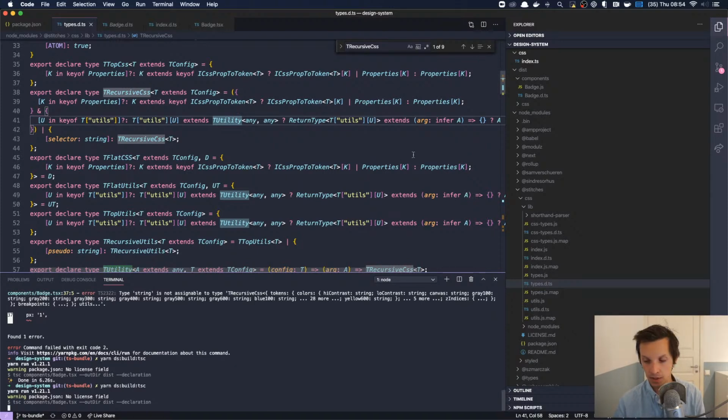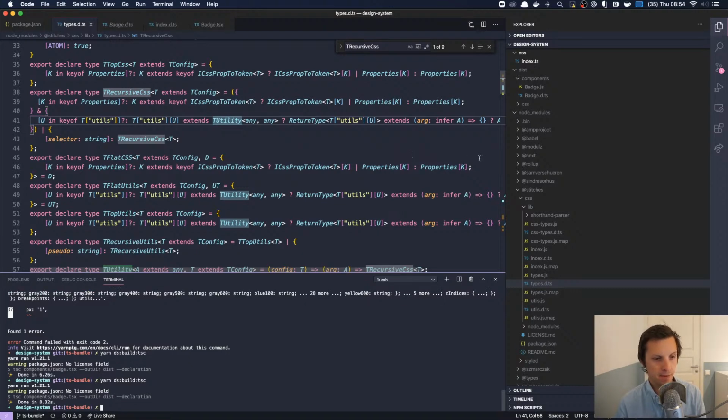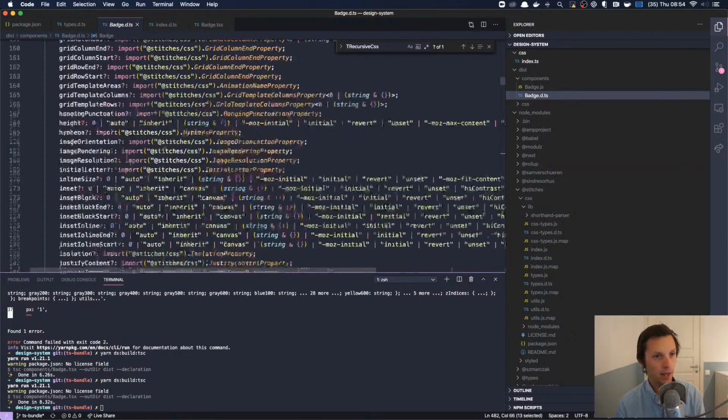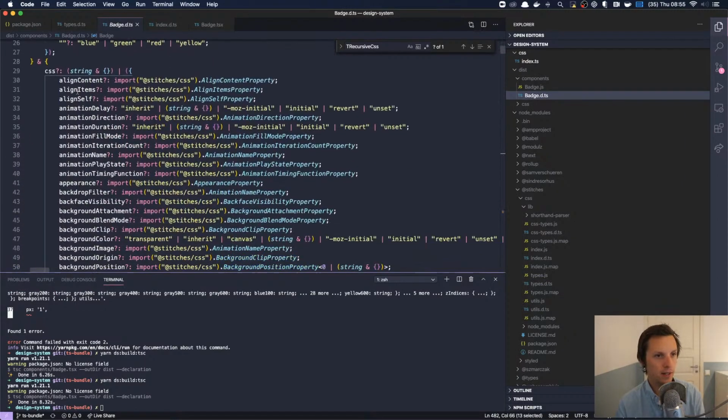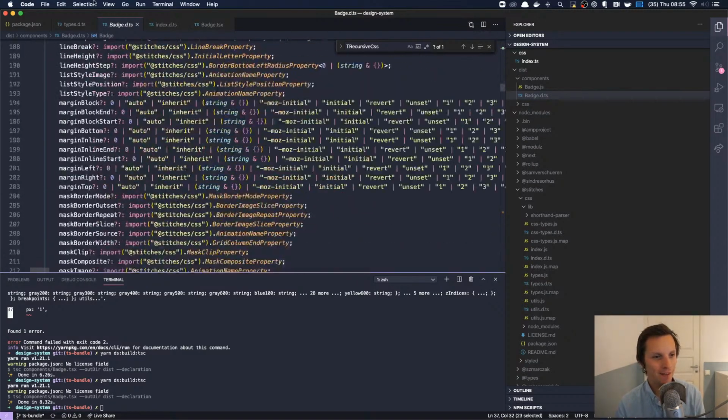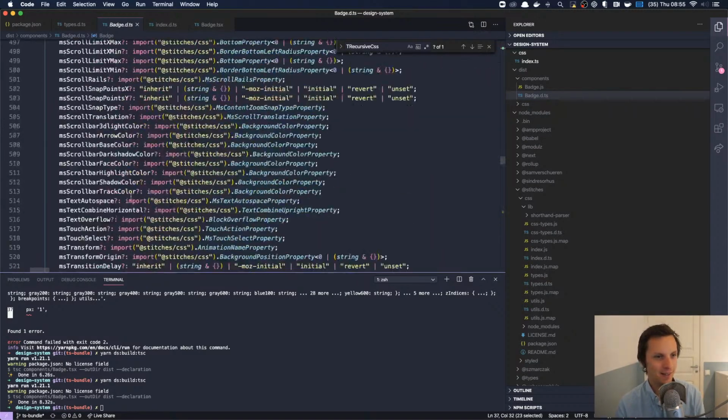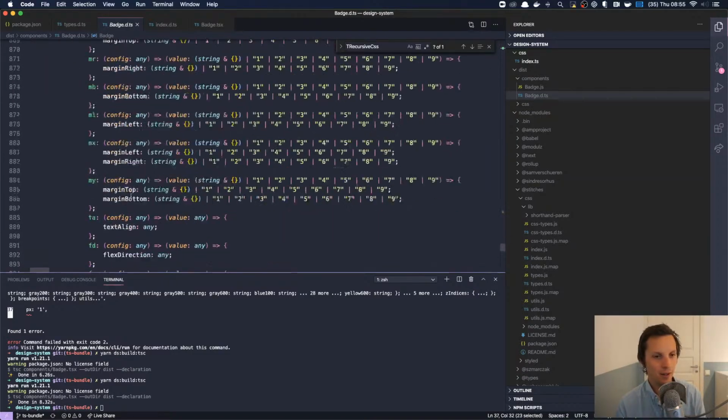Oh, seems to be worse. Now it took 8 seconds, which is probably because... Oh yeah, now you see, now we're getting all the CSS in here as well. So for everything you get the CSS in there. Why does it do that?